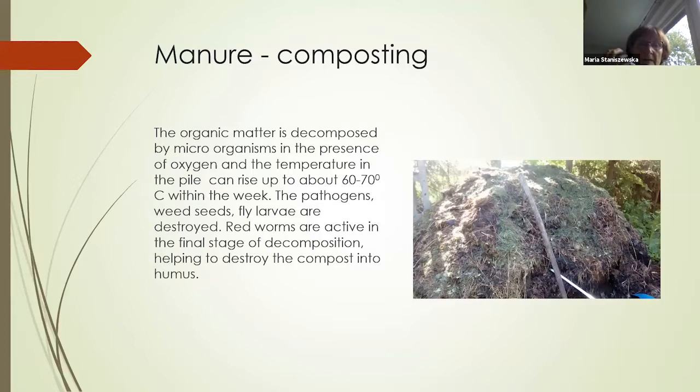In the pile, everything is decomposed, and most important, they decompose pathogens, weed seeds, fly larvae, and they are destroyed. And red worms are active in the final stage of decomposition, helping to turn the compost into humus. So we have a kind of black soil we can get from the composting,